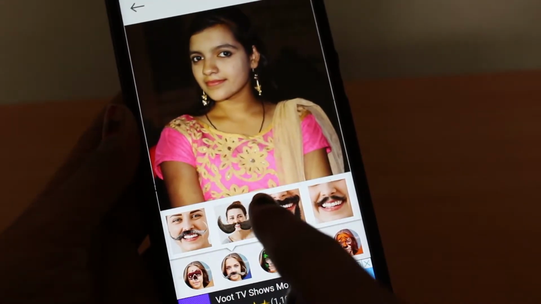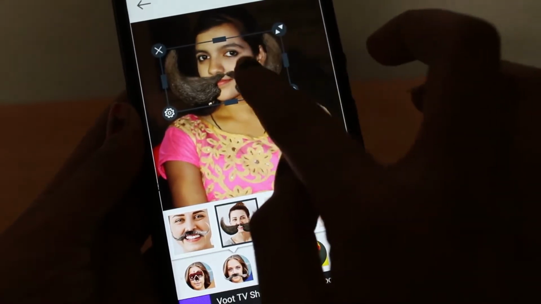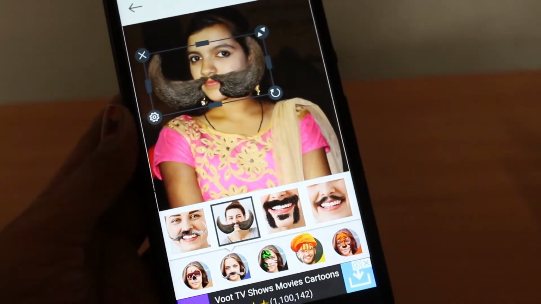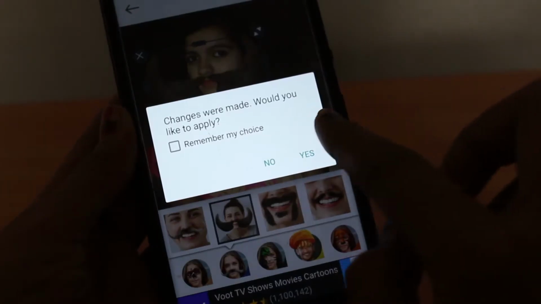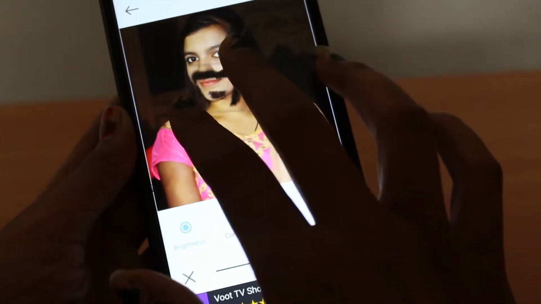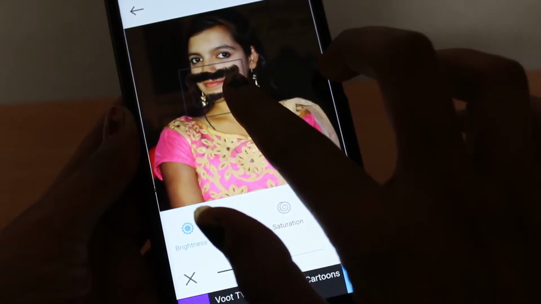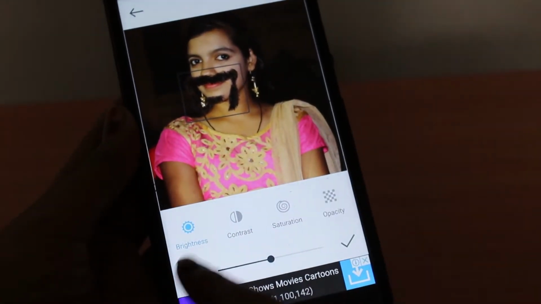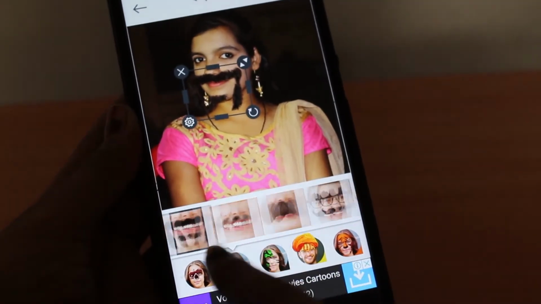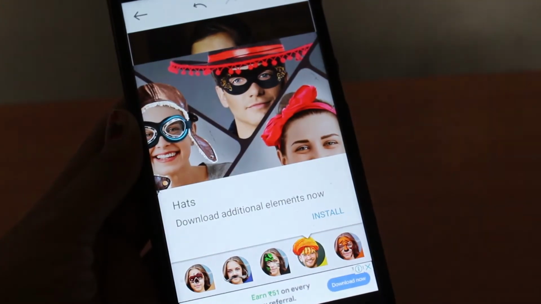So if you want something like this, and like this, you can add it to your photo. And if you want it like this, just tap, and you can make it bigger, because you can apply it. And if you don't want it, just click here. And if you want to add something on the head